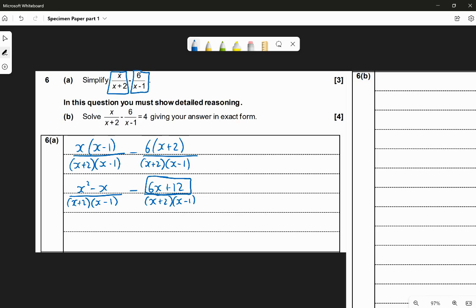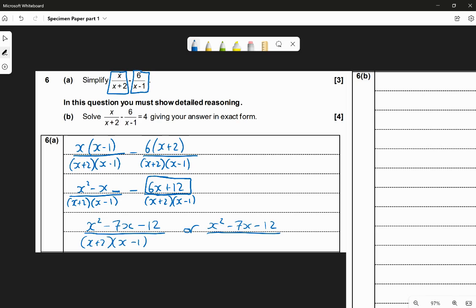So x squared minus x, if I take away 6x, that negative x becomes negative 7x. So I get x squared minus 7x. And then if I take away 12, I get minus 12 over x plus 2, x minus 1. So that's my answer. If you want to, you can also write it as x squared minus 7x minus 12